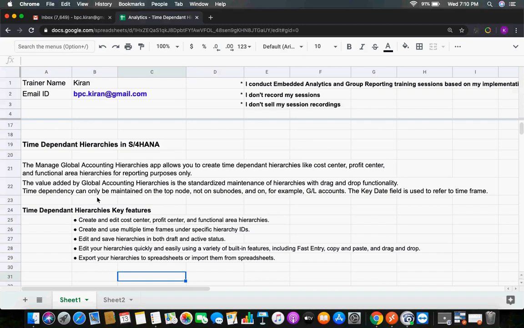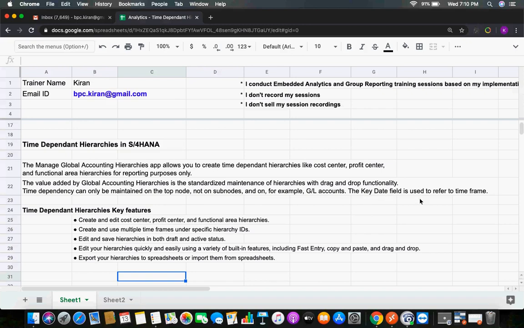Time dependency can only be maintained on the top node, not on the sub nodes or on the GL account level or cost center level. That's what I am saying. In this concept, we are going to check a time-dependent hierarchy. So this time dependency is not applicable for sub nodes or GL accounts or cost centers at the lowest level.